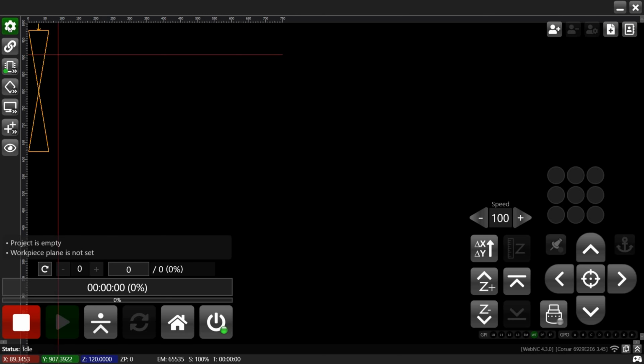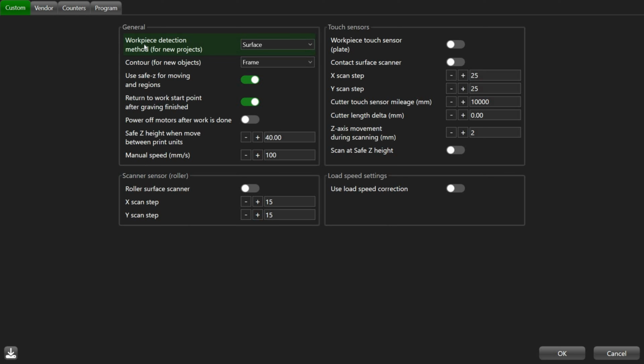Here we have a setup menu. Here we have surface scanning options. Here we have transportation options at the safety height and the return to the home point. Here we turn motors on and off once the job is completed. Here we set the safety distance on the vertical axis Z. This is the height at which the cutting head travels back to the home point or makes its roundabouts.